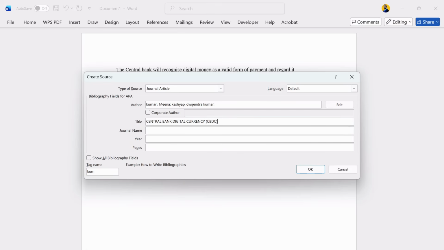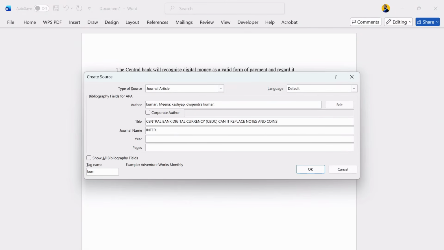CBDC and base and points. We have mentioned here our title. Journal name: as you can see in the table, all the information is given to you. Journal name is given to us as